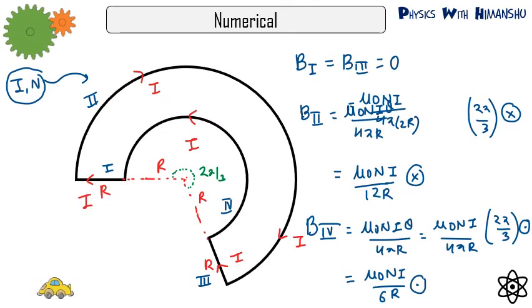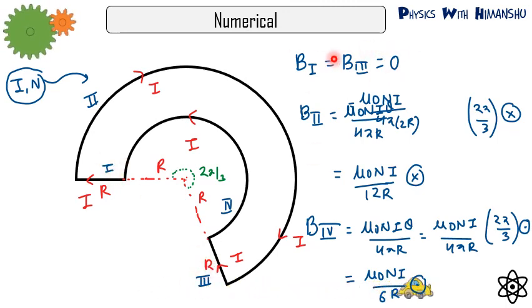So let's solve a numerical here. Suppose we have a loop something like this here. You will see there are 4 parts to this loop. First part, second part which is up to this point, third part this straight line segment, fourth part the inner circle. So the magnetic field due to first and third part will be 0, because we have to find the magnetic field at the center. If you see, this center lies on extending this current carrying wire. Also the center lies on extending this current carrying wire. So due to first and third, the magnetic field will be 0.